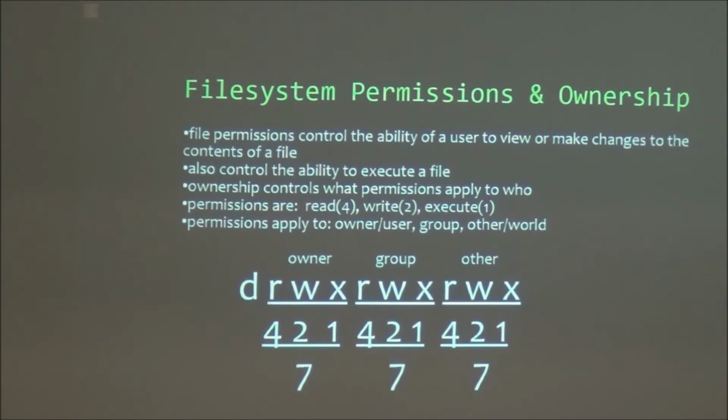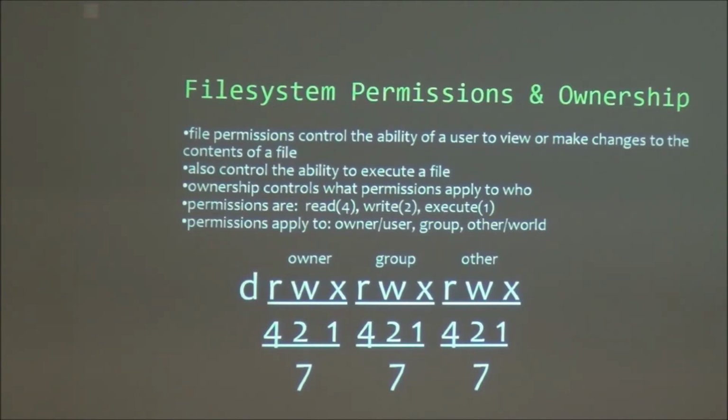So read permission on a directory lets you access a specific file by name. And obviously this is all a combination, so you've got read, write, execute. If you can read a directory but you can't execute it, meaning you can't change directory to it, you're only going to be able to list the file if you know the full name of the file.